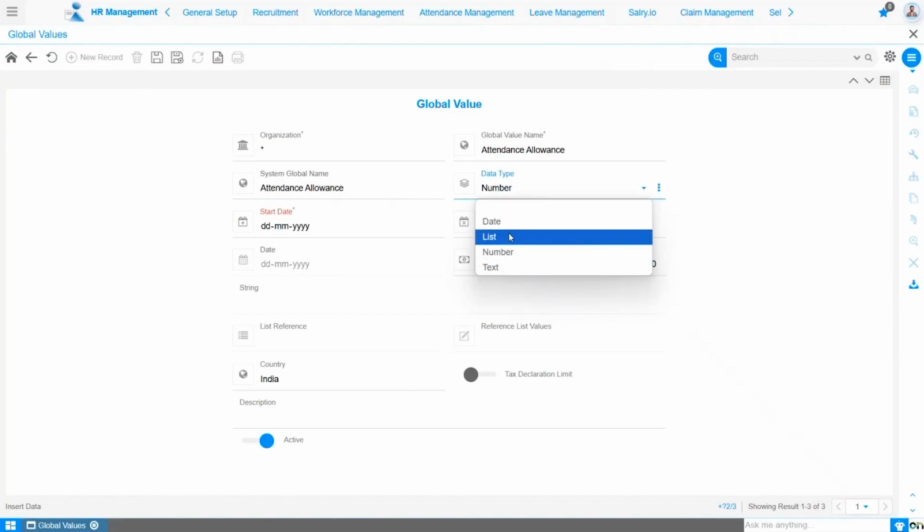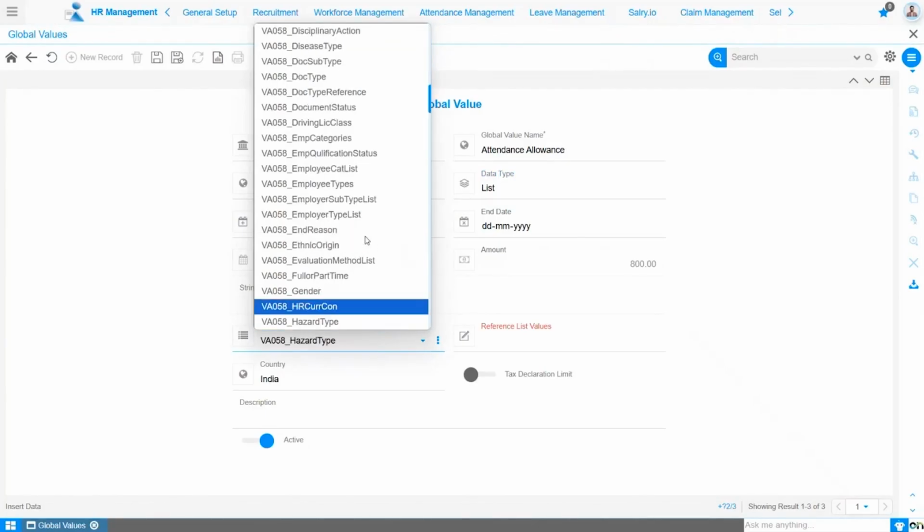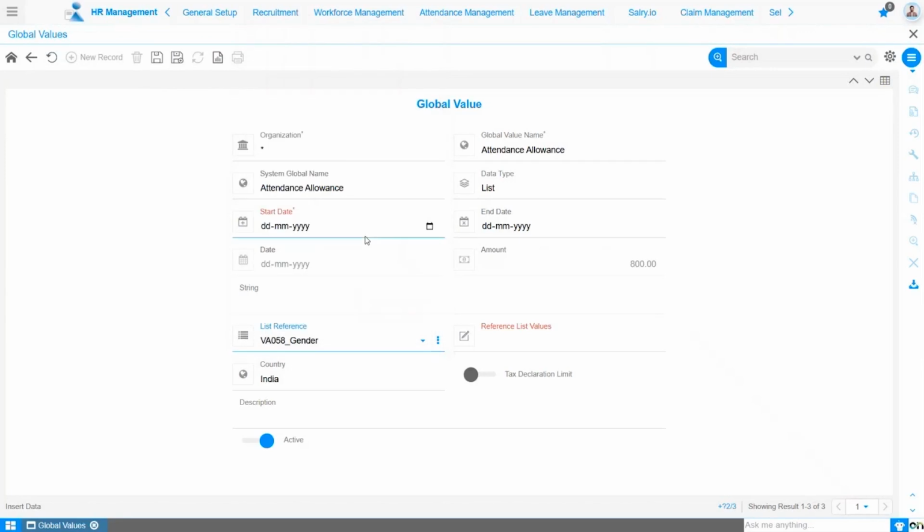If list is selected, two additional fields become visible: list reference field and reference list field. The list reference field allows you to select the category of the list that this value is linked to. These list references are configured in the system. You might select list types such as VA058_gender or VA058_employee type. For the reference list field, once you choose a list of reference, the reference list field is automatically